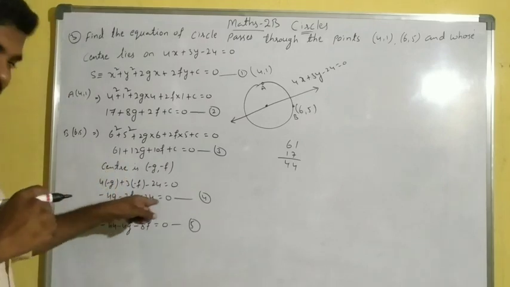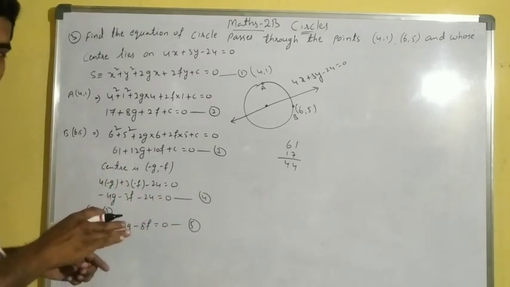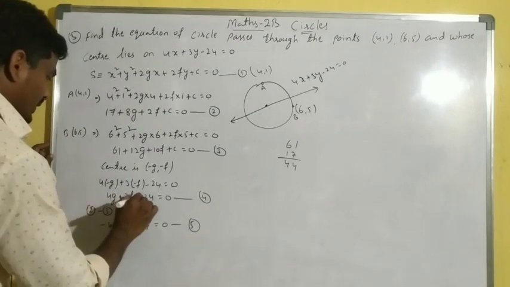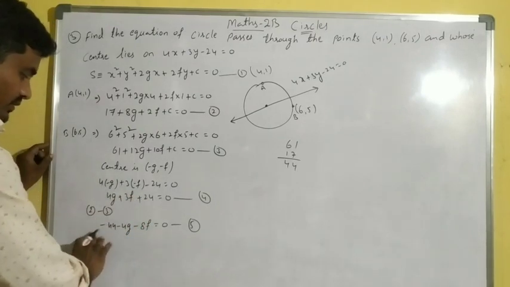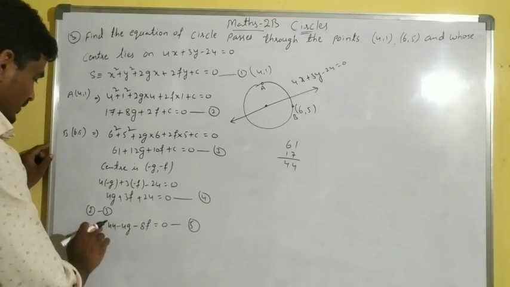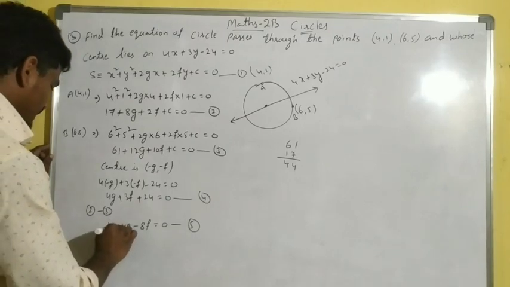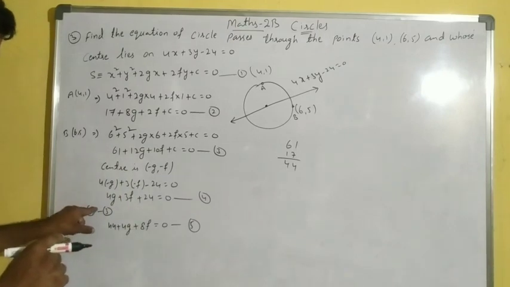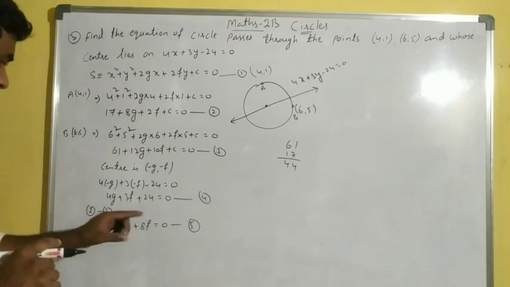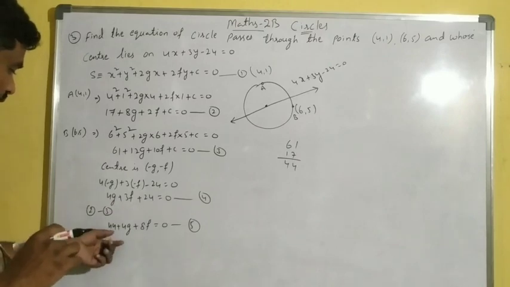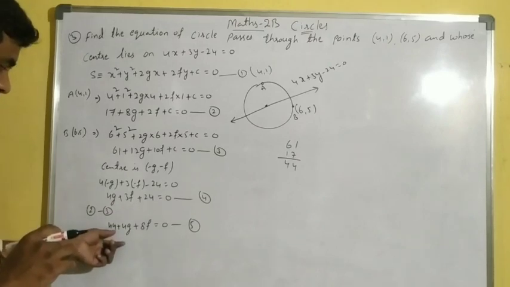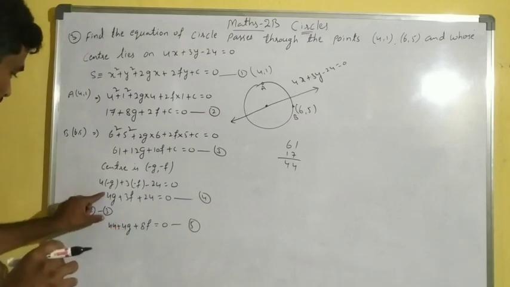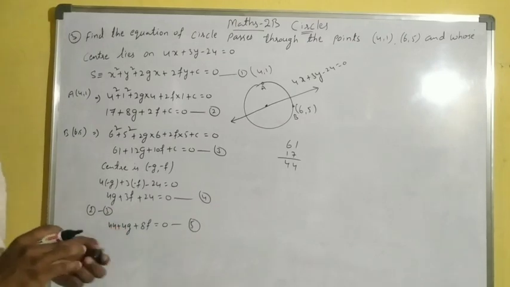Here, in all terms there is a minus, so we can cancel the minus symbol, and they all become plus. We can take minus common. Here 4 we can take common. When you take 4 common, it becomes 11, and it becomes 4g. No need here, the 4g terms are the same, so they get cancelled.